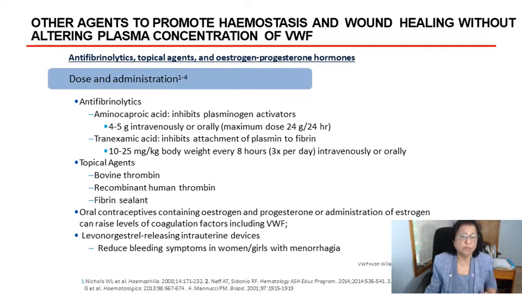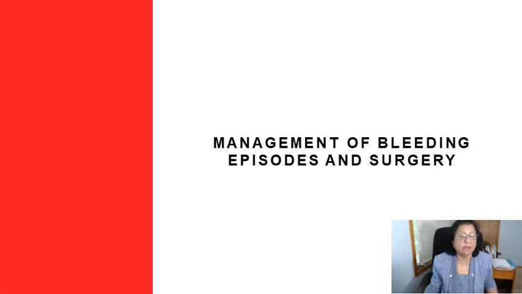from postpartum hemorrhage. While there are other topical agents, such as bovine thrombin, recombinant human thrombin, and of course, hormonal therapy. We don't call them contraceptives in girls because a lot of parents would just get horrified if we say oral contraceptive. We call them hormonal therapy, and they raise the levels of coagulation factor. And then you have intrauterine devices which release levonorgestrel, and it's widely used both in this country and in other